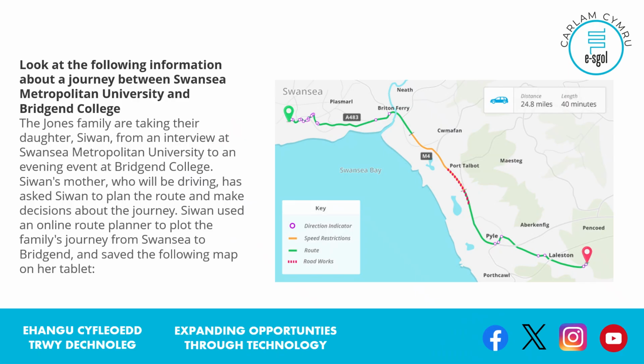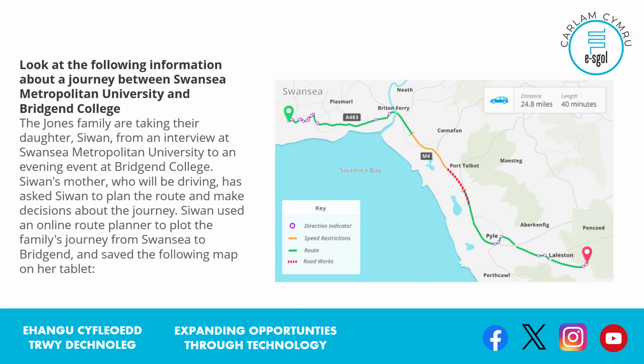This question asks you to look at the following information about a journey between Swansea Metropolitan University and Bridgend College. And it tells us that the Jones family are taking their daughter Sue-Ann from an interview at Swansea Metropolitan University to an evening event at Bridgend College. Sue-Ann's mother, who will be driving, has asked Sue-Ann to plan the route and make decisions about the journey. Sue-Ann used an online route planner to plot the family's journey from Swansea to Bridgend and save the following map